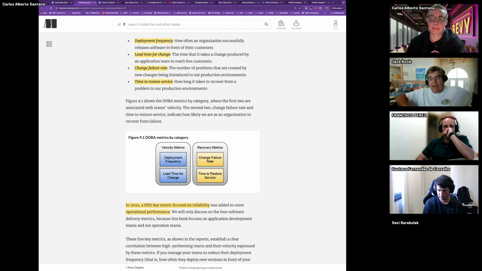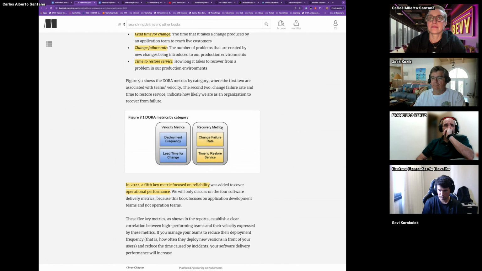The second one is lead time for change, which is the time it takes for a change from an application team to reach customers, like make it to production, make it live. So those are how fast, the velocity metrics. That's another term you can search online, velocity. I sometimes even forget to mention DORA, but I just call them velocity metrics. If you search for that, you'll find a lot of documentation and blogs around it.